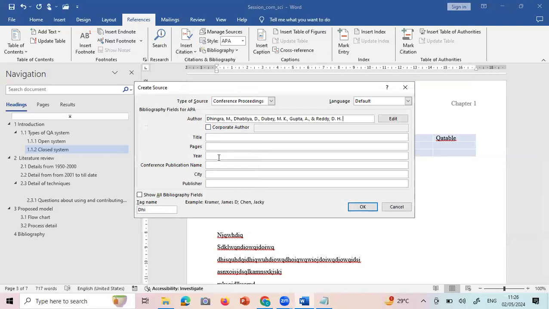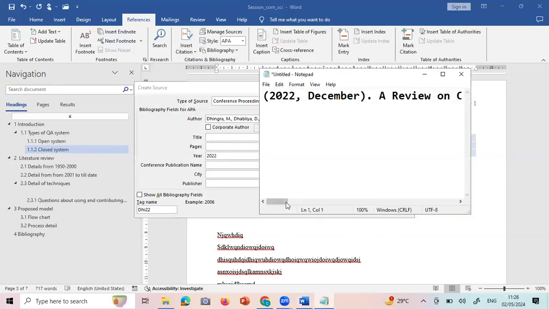This is the author name. Here we have seen 2022, right? City and all this we have to copy. Title is